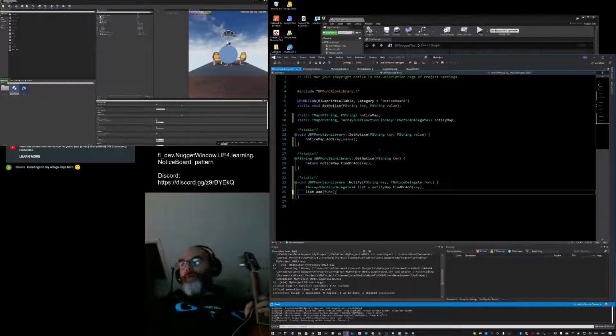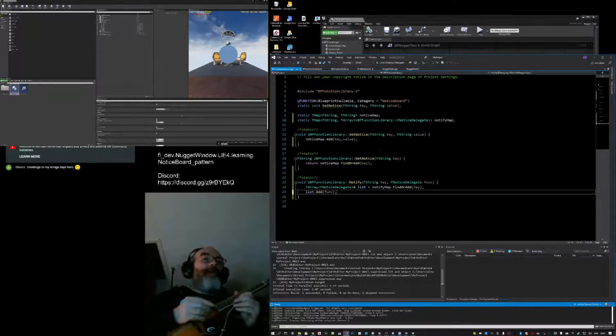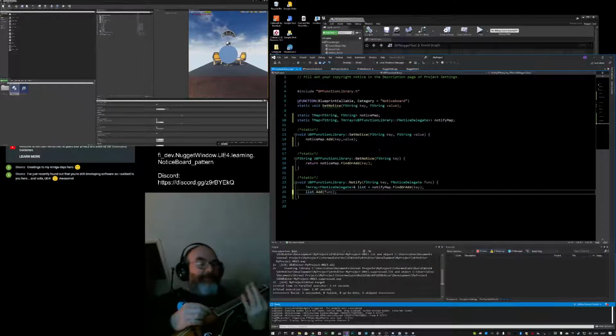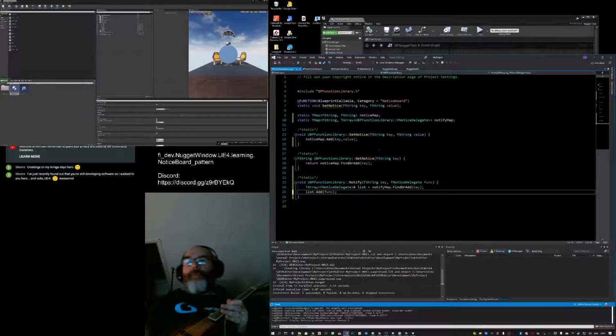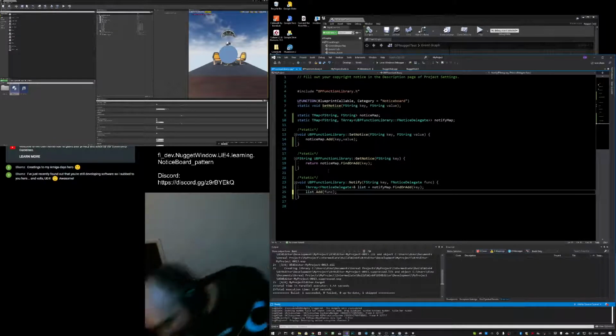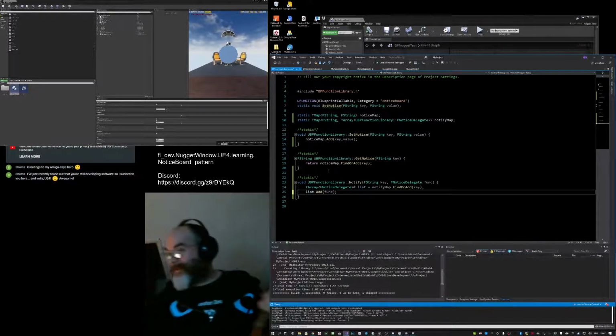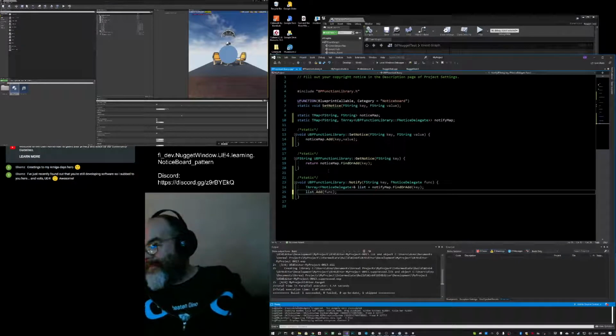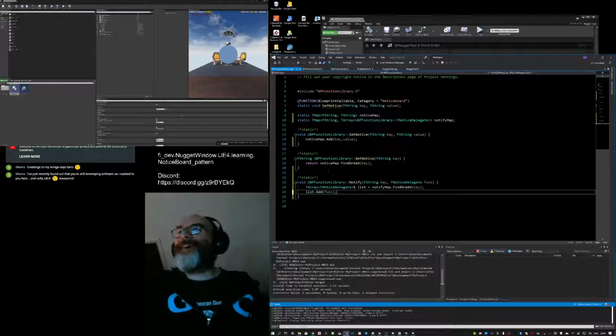So what's a good way? Well, there's a ton of ways. You know what the best way is in the end? Void pointer. My hesitation for using void pointers has got absolutely nothing to do with the void pointer. It has everything to do with what people will think if I use a void pointer.